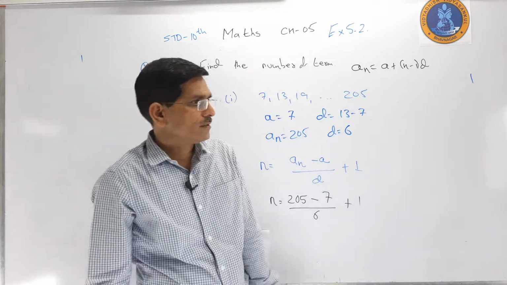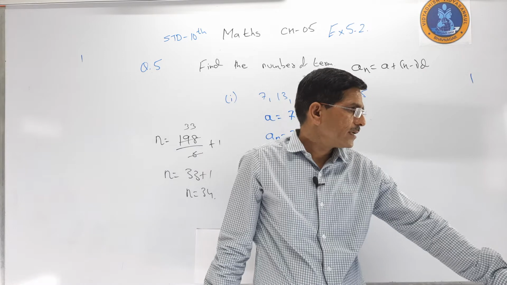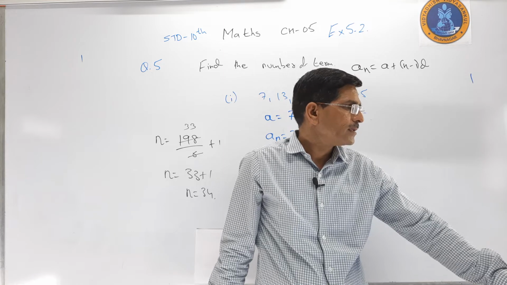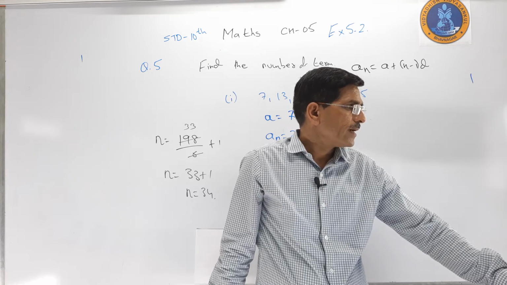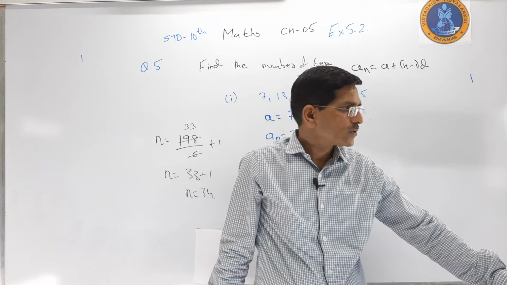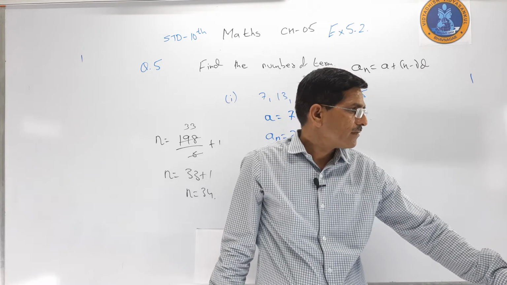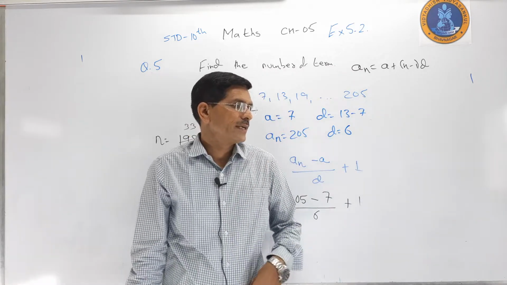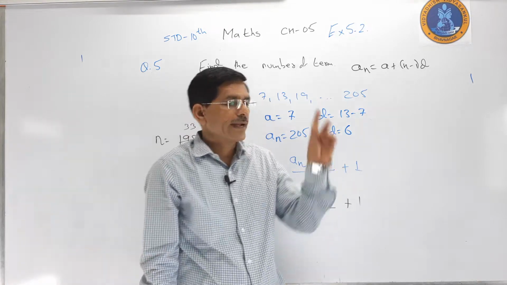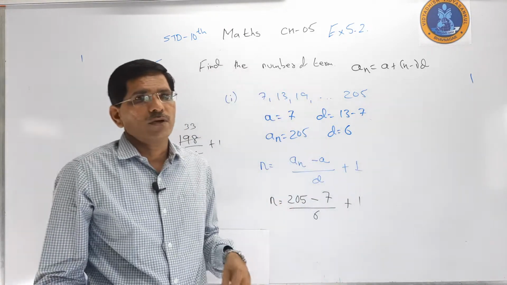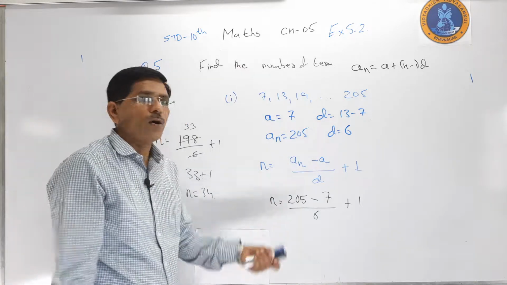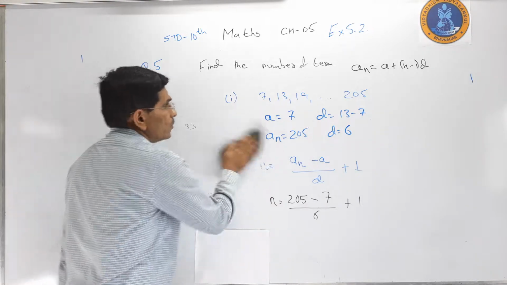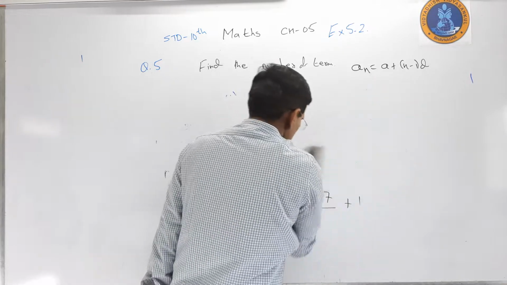Now the seventh sum we have already completed. Now we have to concentrate on the 8th. I think I have given hints related to the 8th. There are 20 sums, and from the 7th sum I already completed, so for the 8th sum I will give the hints. Today I want to start from the 8th. The 5th sum I explained again because someone said, sir, please explain again how to find n. So this is the formula to find n. Now we want to start from question number 8.